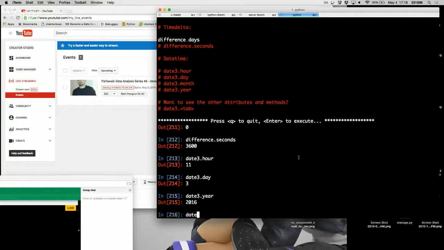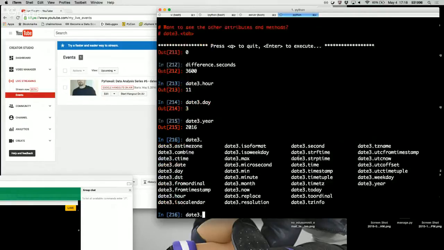What else can you do with one? Well, if you type in IPython the name of the object, hit a period, and hit the tab, it'll show you all the things that you can do. We can request the minute or the second. We can try and combine things. We can look at maximums, minimums, look at the month. We can do some conversions from a timestamp or from an ordinal value. We can